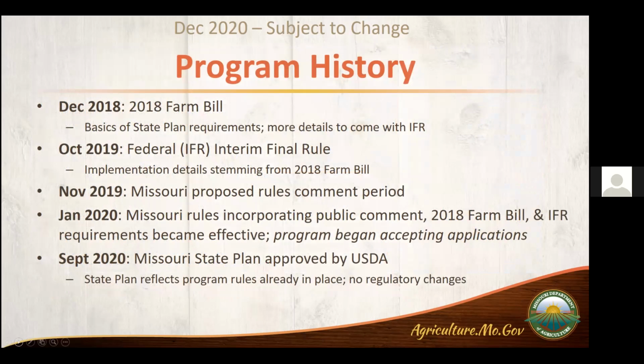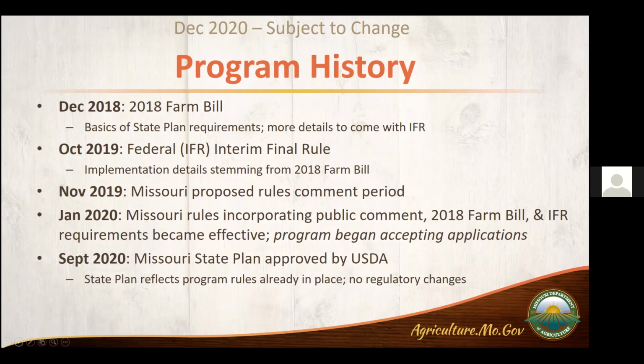Just a little bit of history on the program. I think history is a good thing to have a foundation as to where we have been and where we're headed. So with the changes in the industry over the last few years, many are familiar with the 2014 Farm Bill that allowed states to begin a pilot program to research the potential for industrial hemp production in their states.